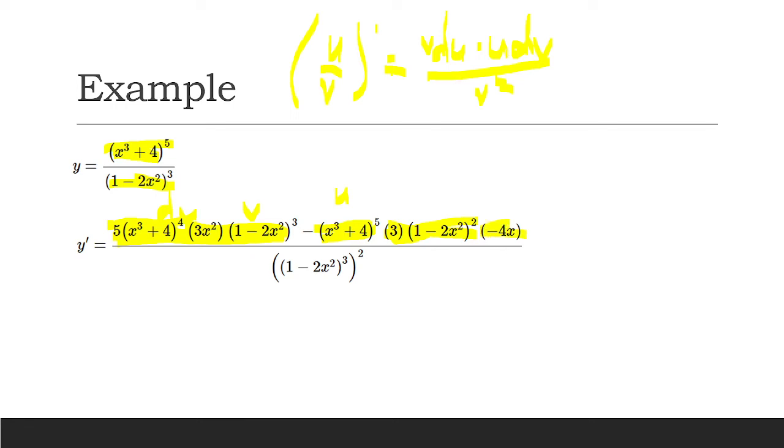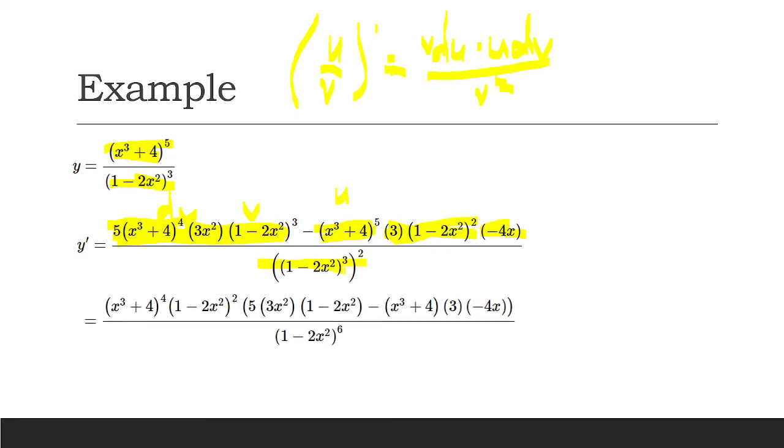So, that is your udv, all over v squared, which is (1 minus 2x squared) raised to 3, squared. So, we square it again. Simplifying this, we first simplified the denominator, then multiplied what we can already multiply in the numerator. So, we will have (x cubed plus 4) raised to 4. Next, we have 1 minus 2x squared raised to